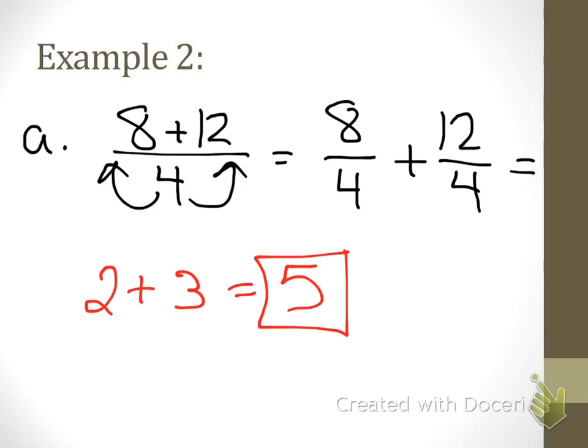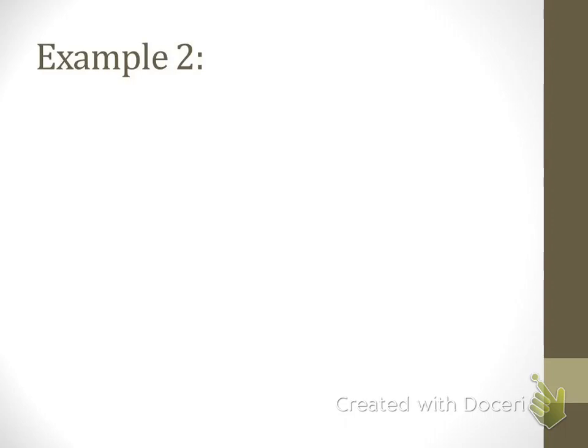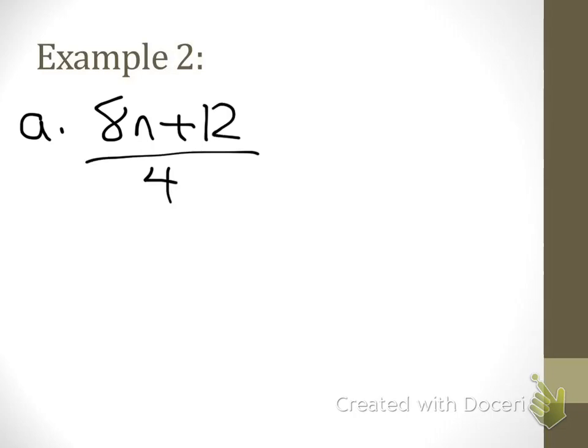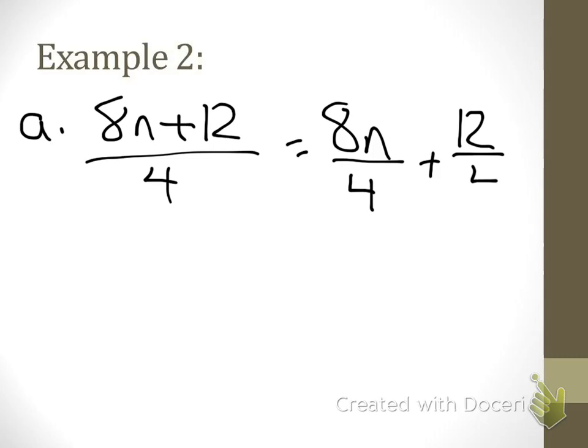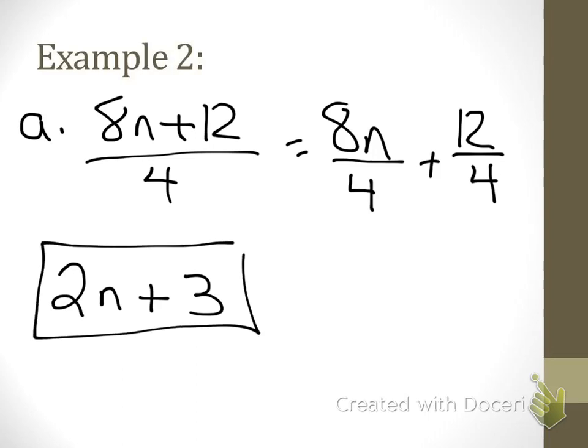Now let's apply this with variables. We're just going to add in a variable here. What if you had 8n plus 12 divided by 4? This will be more of what you see on your homework. Again, you're going to break it up, 8n divided by 4 plus 12 divided by 4. And you end up with 2n plus 3, and that would be your final answer. Because again, 8 divided by 4 is just going to be 2, and 12 divided by 4 is 3, and